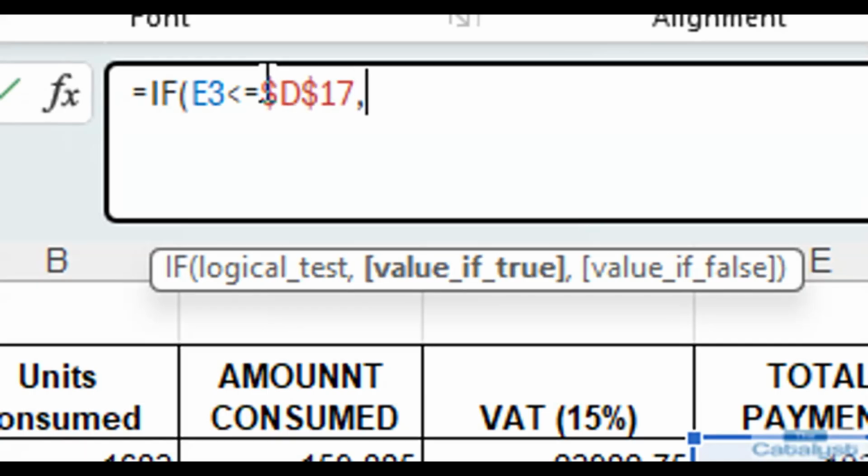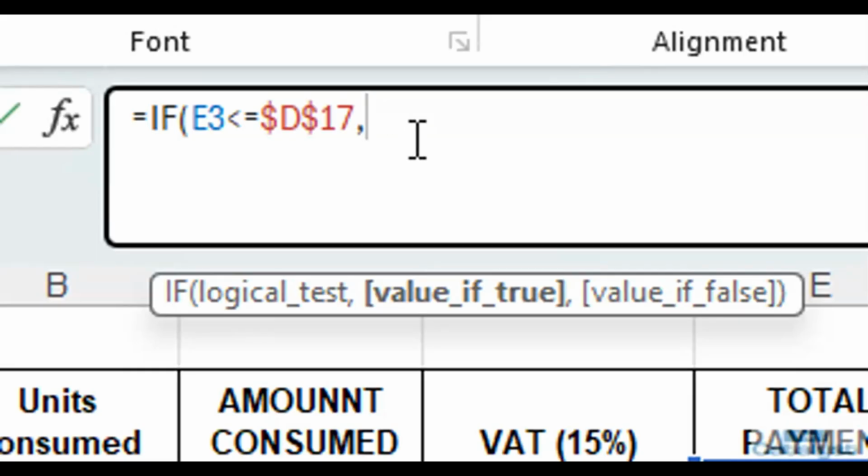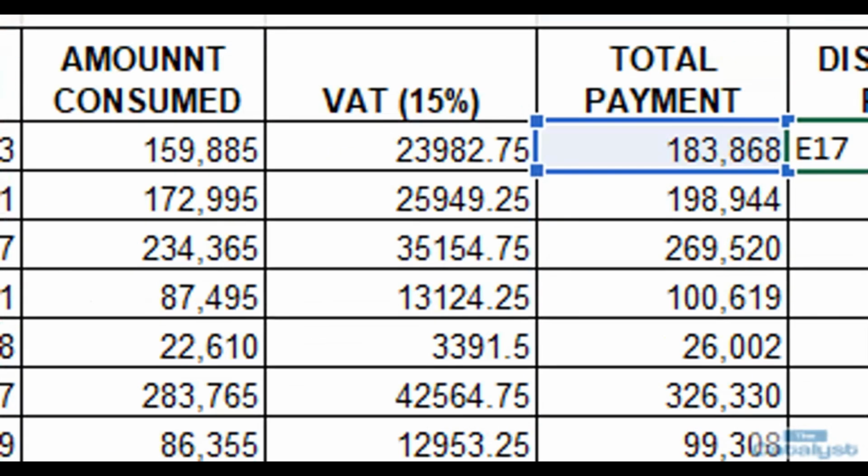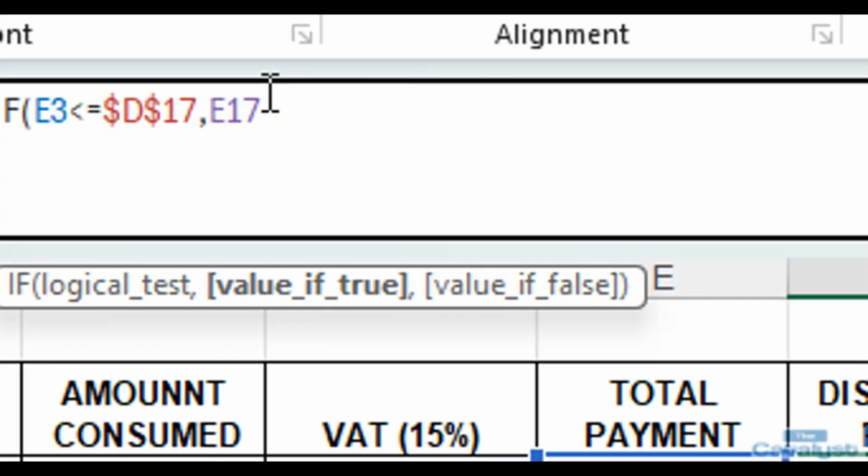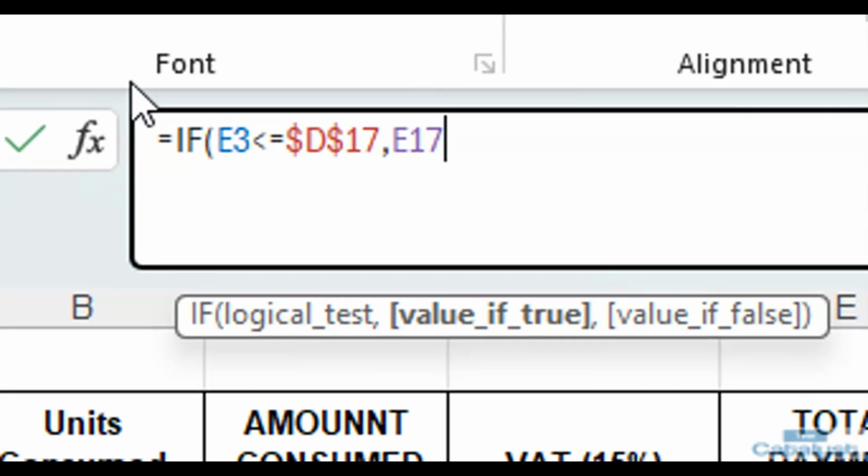If that is the case, if it is less than that, what do we do? If that is the case, then we take 0%. Okay, so you take the value 0%, which is also fixed. Now, else,